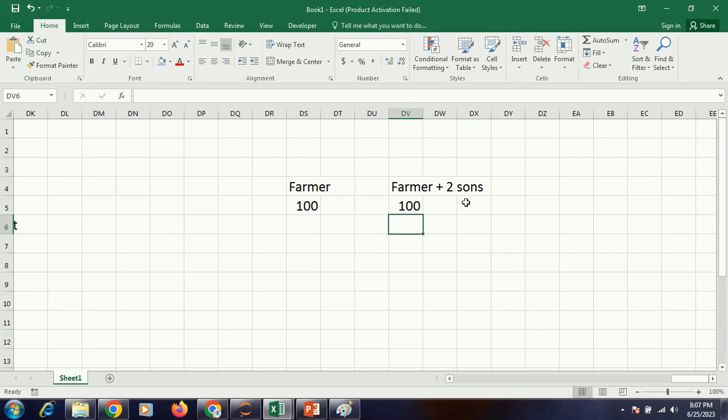Now that the two sons have been added, probably it has lowered his effort, but the earning has not gone up. This is called disguised unemployment. It seems like they are employed, but actually they are not earning money. If you are not earning money, then you are not employed. So these two sons are redundant.